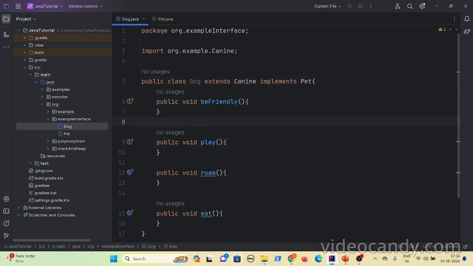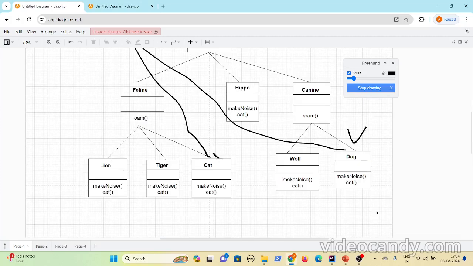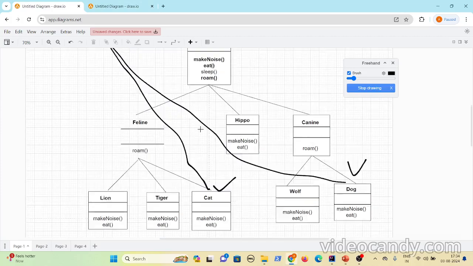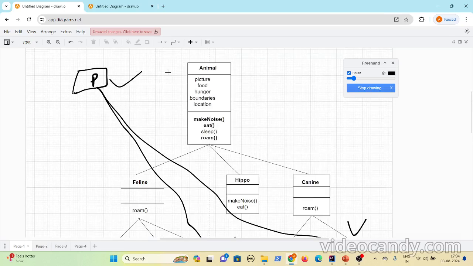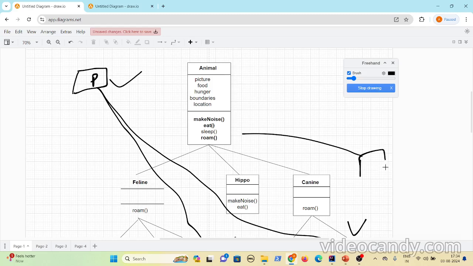Now, in this particular inheritance diagram, whatever we have seen here, currently Dog and Cat are the pet animals. They can implement the Pet interface, and then they can add the specific implementations in their own classes. And even in future, if you add one more subclass, and you want that class also to incorporate pet behaviors, it has to implement the Pet interface and provide the implementation. Now, one advantage: Java is not supporting multiple inheritance. That's why we are going with the interface concept.